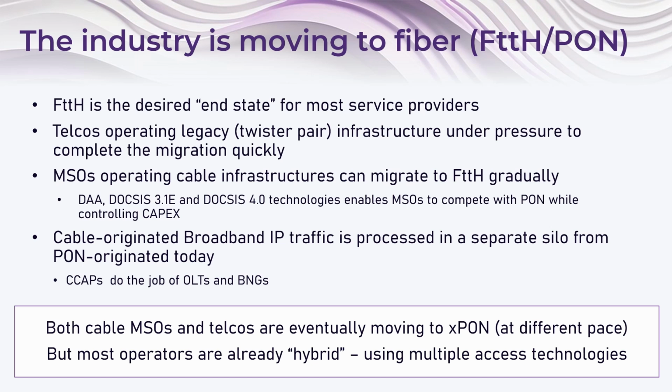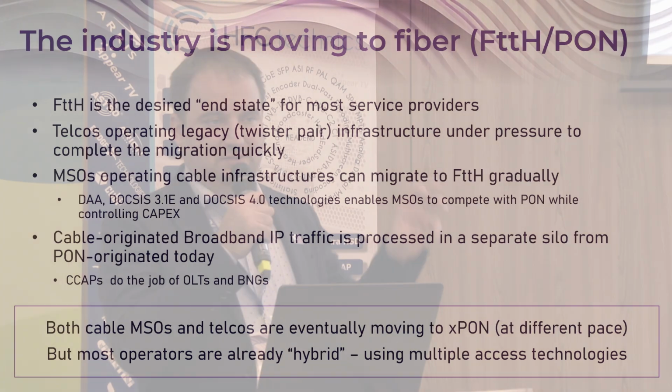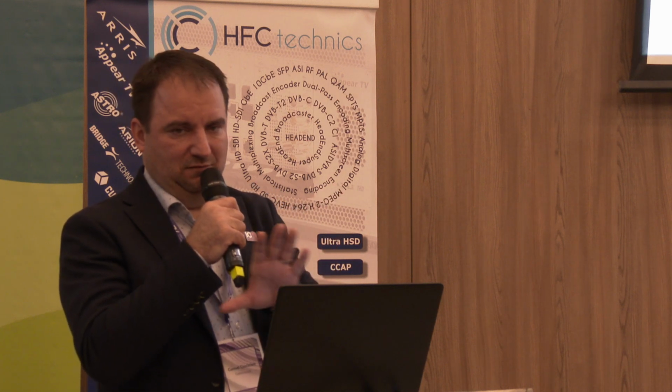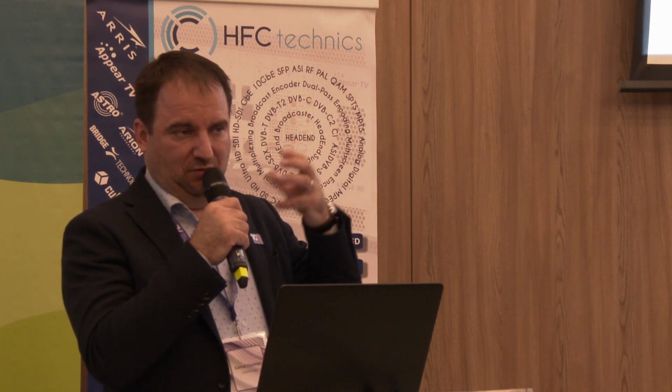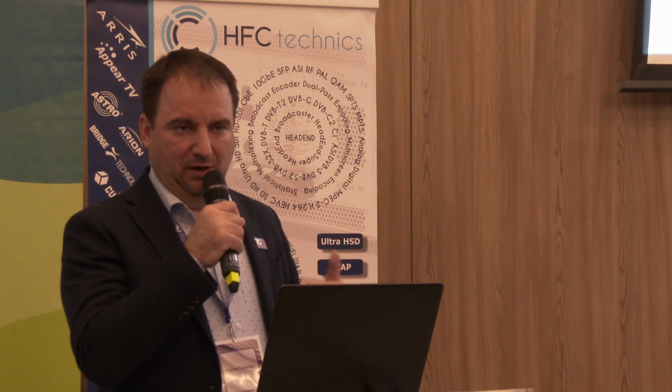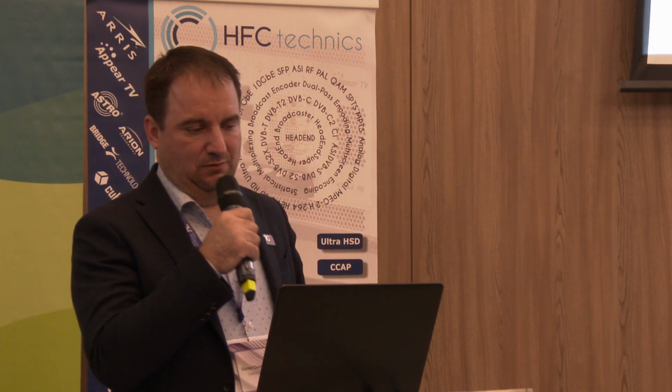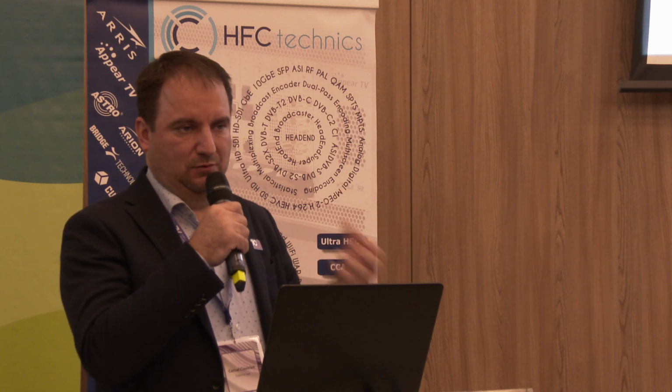You have CCAPs and virtual CCAPs processing the traffic coming in from the cable side and the DAA nodes. And on the other side, you have virtual BNGs and OLTs, which are relatively dumb, if I can say that. And then virtual BNGs perform all the more intelligent traffic management and subscriber management functions. Those are feeding the right subscribers with the right IP addresses and things like that, and processing all the traffic coming in from those subscribers,